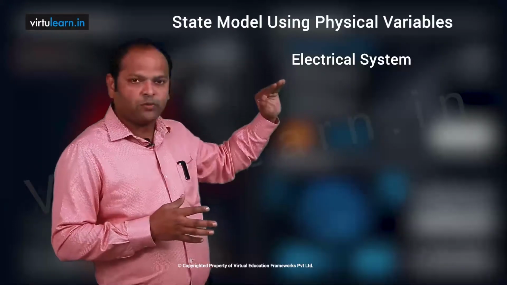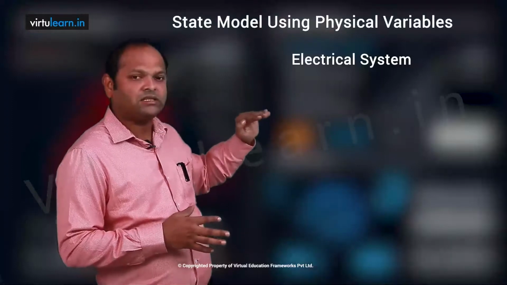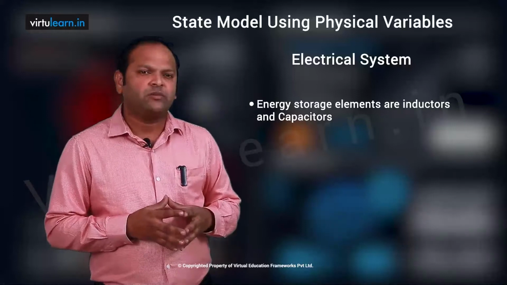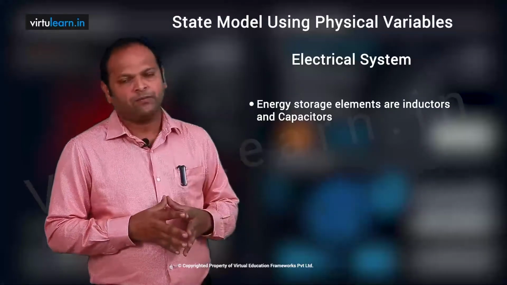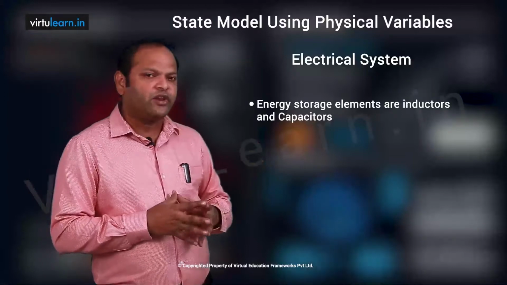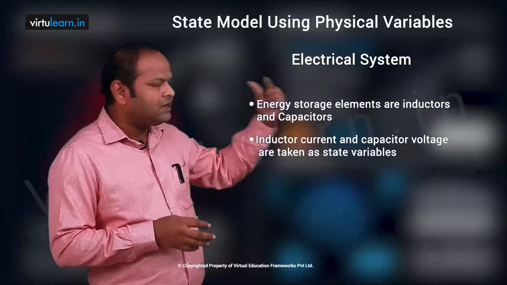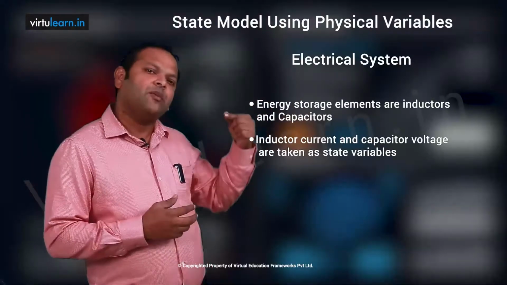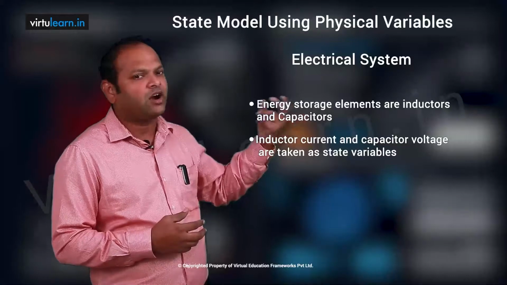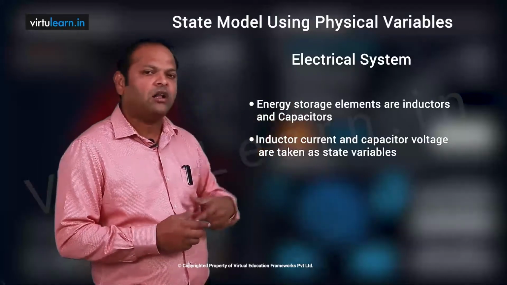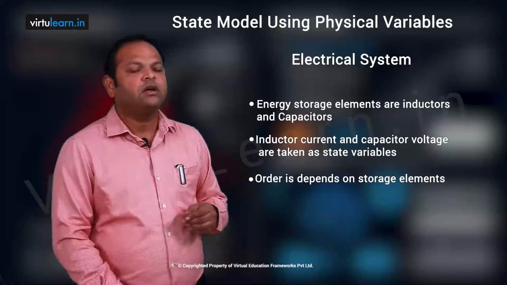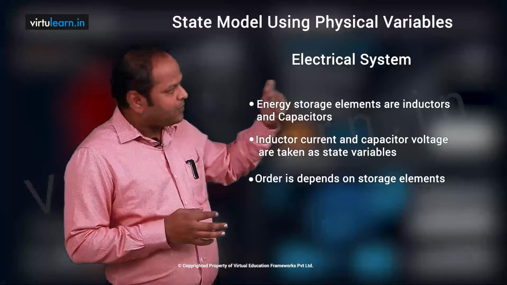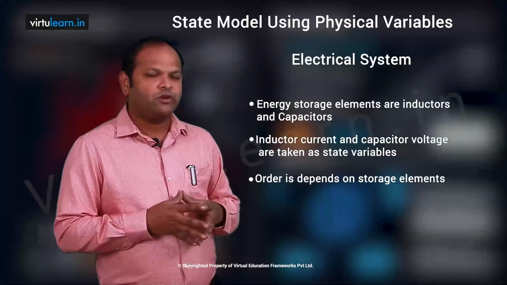So in physical variable form, whenever you have the electrical system, we have to look at what are the energy storage elements we have. The energy storage elements are inductors and capacitors. So when you take the state variable, generally we take the inductor current as one state variable and capacitor voltage as another state variable. Depending upon the capacitors and inductors, you will get the order of the system, and depending upon the order, we will have state variables of the system. Now, as I said, the inductor current and capacitor voltage, these two are the state variables we assume in the